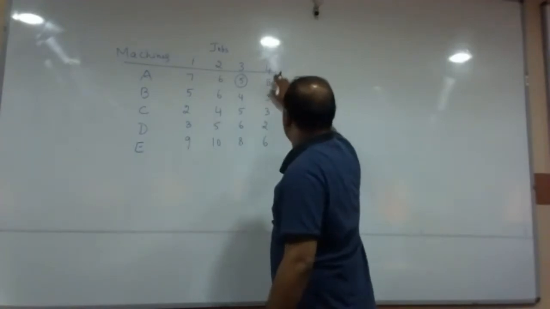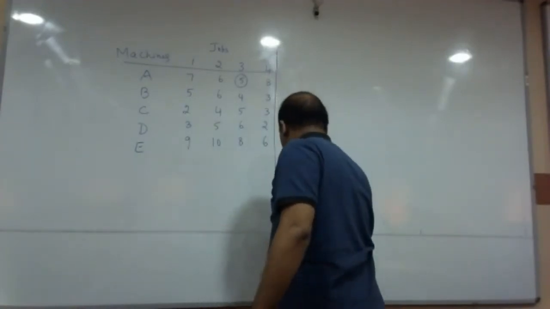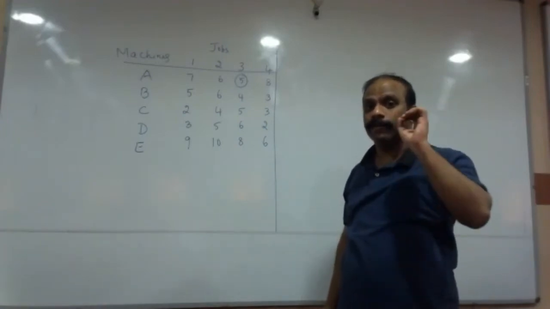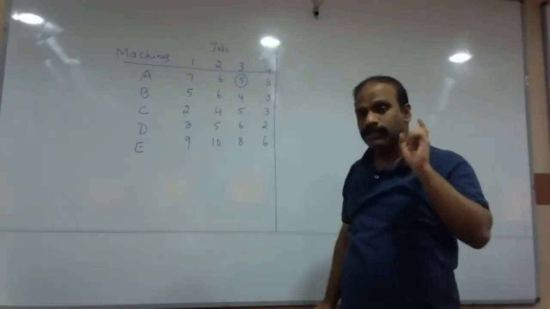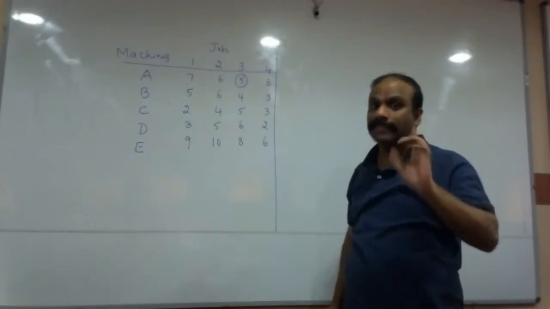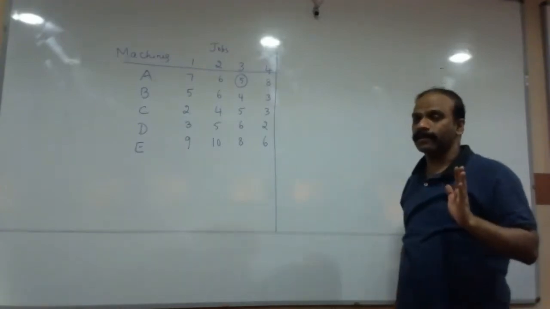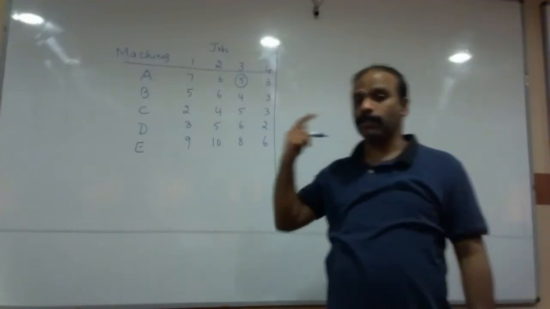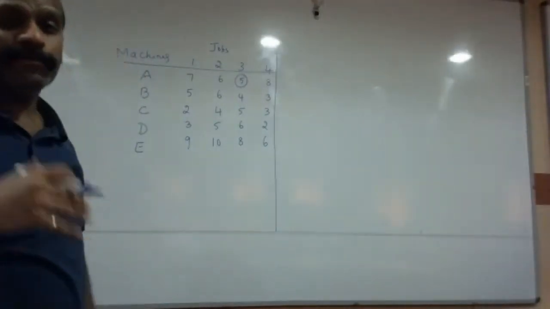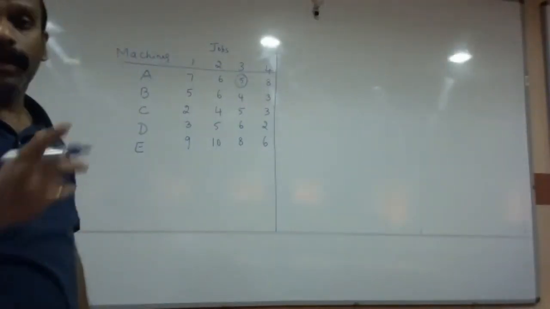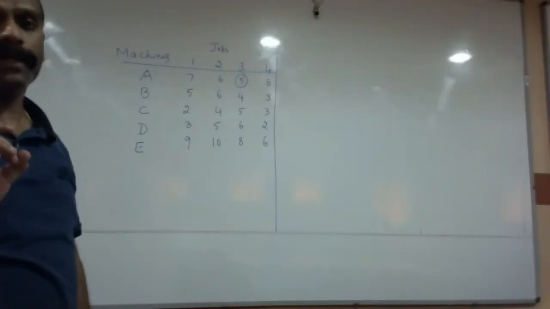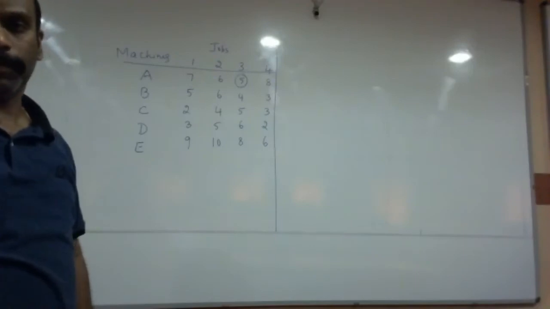Always when you are writing the values for sequencing, it is based on the machines. We are never going to calculate the idle time per job. All questions in sequencing problems are meant for calculating the idle time of machines. Please remember this concept very clearly. Particularly when the number of machines or jobs is more, people tend to get confused. Never do we calculate the idle time for a job. Always we calculate the idle time for machines. Please remember this point very clearly.